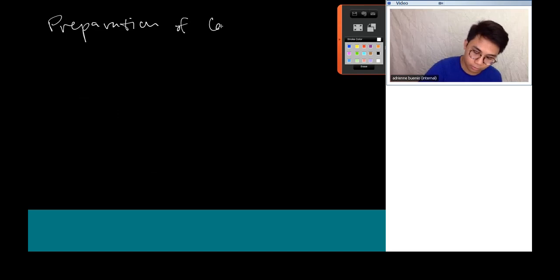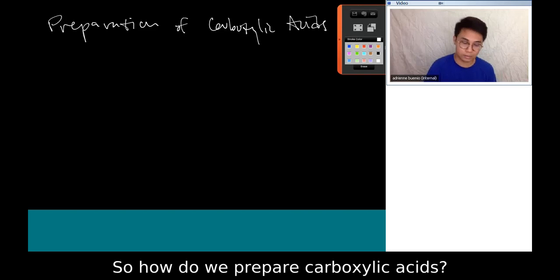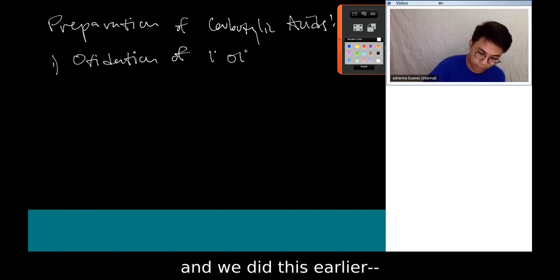Preparation of carboxylic acids. So how do we prepare a carboxylic acid? One, we have oxidation of primary alcohol, and we did this earlier, right? Using